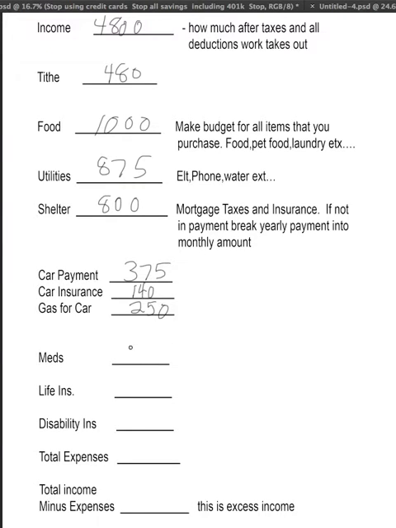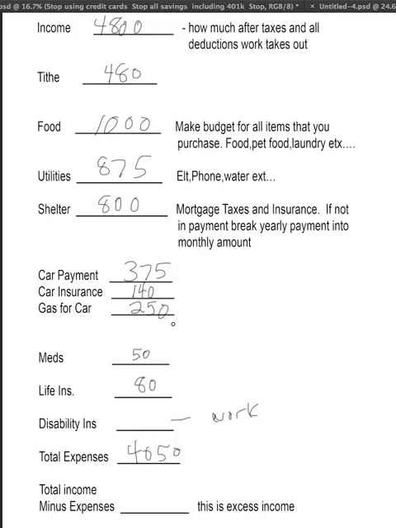Their medicines, they get it in 90-day supplies, but it came out to about $50 a month, because remember, we want to break everything down monthly. Their life insurance, they paid quarterly, but it came out to be $80 a month. Disability, that was taken out at work, so we're not going to worry about that there, but that's something that's important that we put on here. So if we take a look at all their expenses, this comes out to be